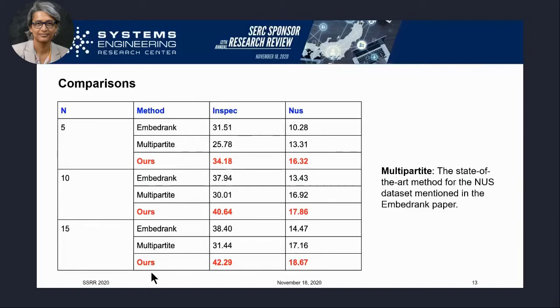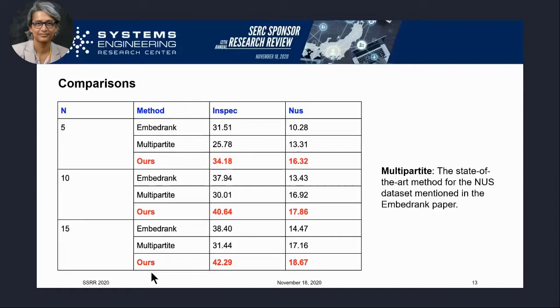So here is our comparison. N here, the first column, refers to the number of key phrases that you're generating, so it's 5, 10, 15, and so on. EmbedRank, we mentioned what that algorithm was, so that's one of our comparison methods. Another one is called multipartite, which is another way of generating key phrases.